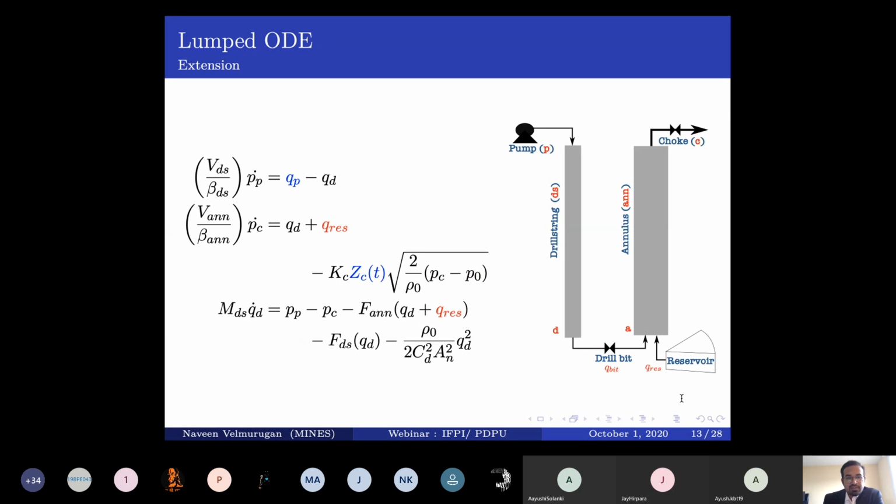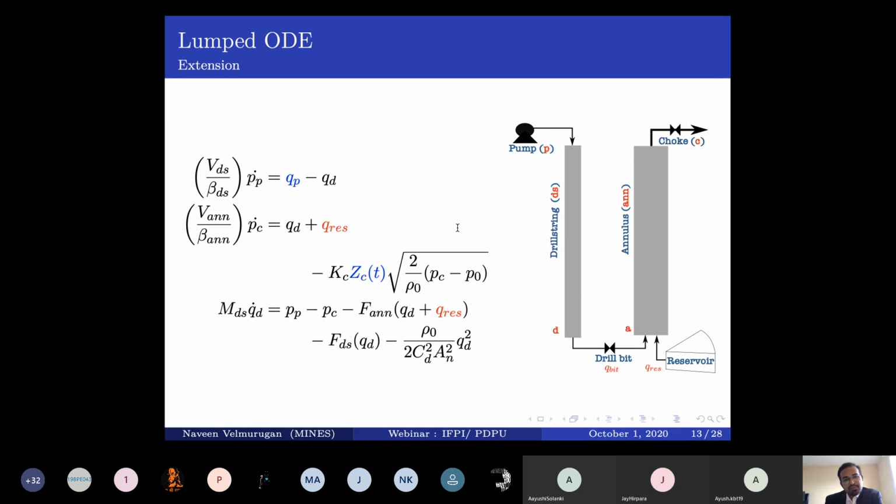If you put everything together, now we have successfully integrated the flow from the reservoir that is given by Qres here. We have the choke equation. We also have the pressure loss across the drill bit. So the model that you see currently is the exact representation of how we could model the fluid flow in the schematic shown on the right.